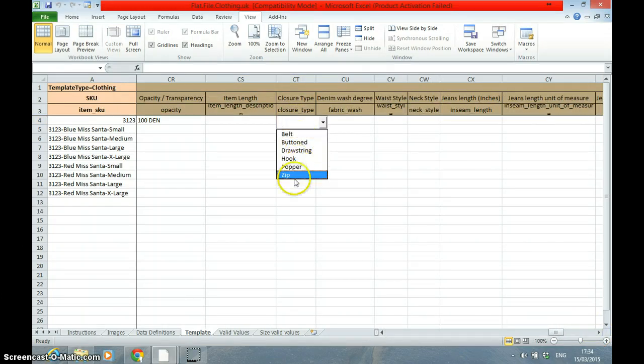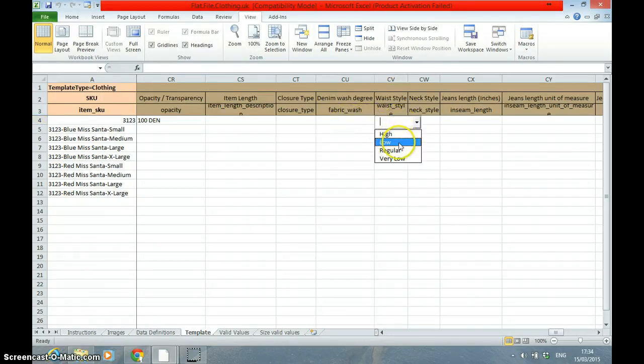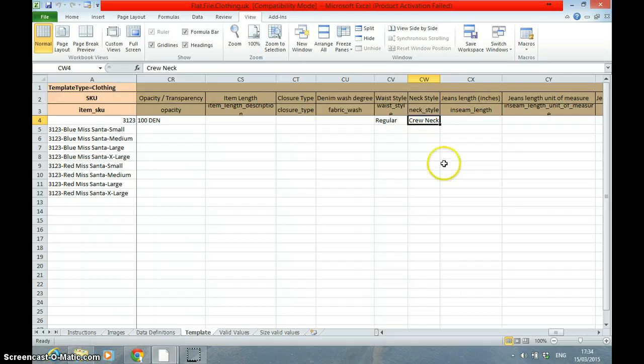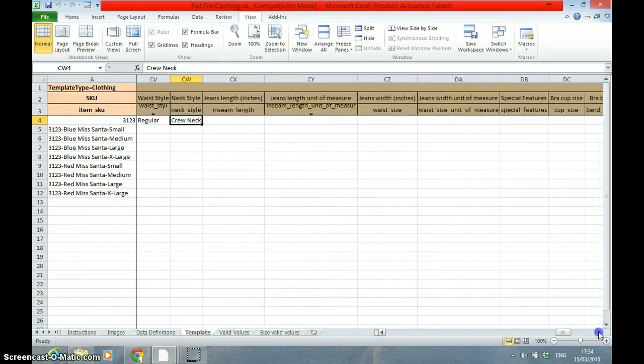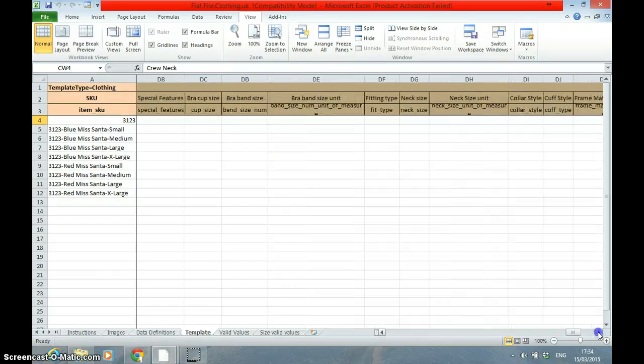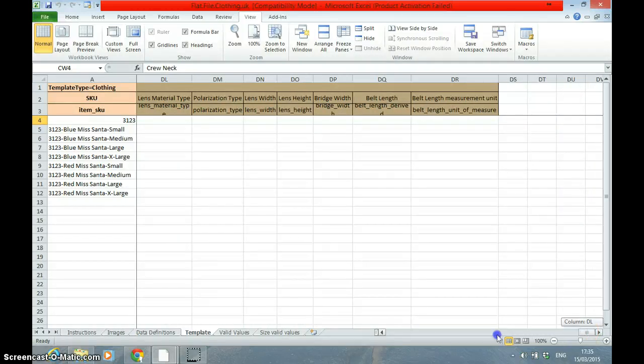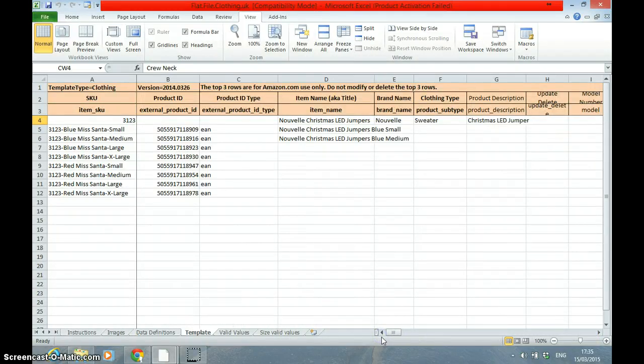Closure type, it's none of these, because it's a pullover, so we will not select anything. Waist style, you can always put regular. Right, neck style, as you can see, that was a crew neckline, so this is crew. If you can't figure out what it is, you can always ask me. Okay, and again, these are going to be for the simples and the configurable. Leave the other ones blank. Right, blank, blank, and that's it. That's your CSV done. Right, so if you can't understand anything, just